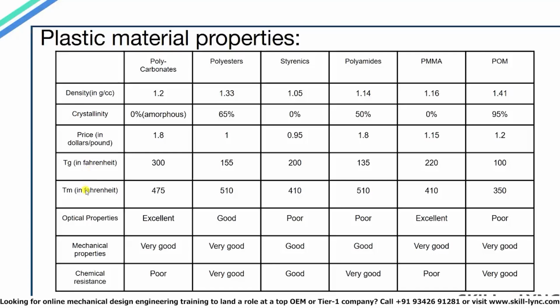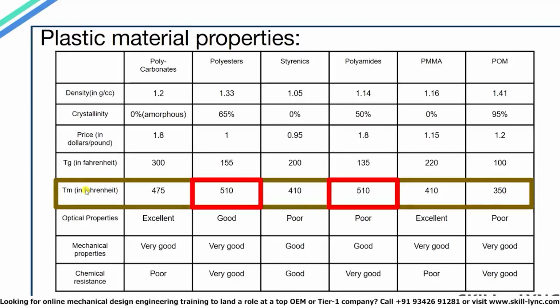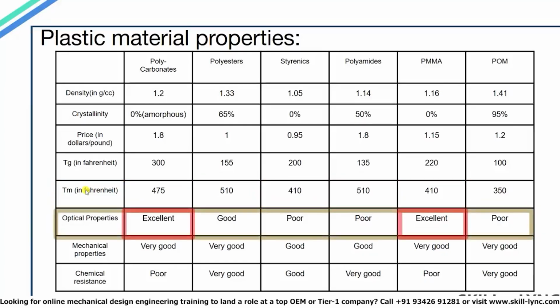So how is the selection of plastic done? For example, let's say we are using a plastic component that will be part of some industrial machinery where the temperature can exceed 500 degrees Fahrenheit. So if the product requirement says that melting point should be above 500, then we will have to choose either polyesters or polyamides. Or let's say we want a plastic that has a clear transparent surface, then we can make use of polycarbonates or acrylics. This is why safety glasses are made using polycarbonate, and for skylights we use acrylics. So based on the properties mentioned here and the product requirement, the selection of the plastic is done.